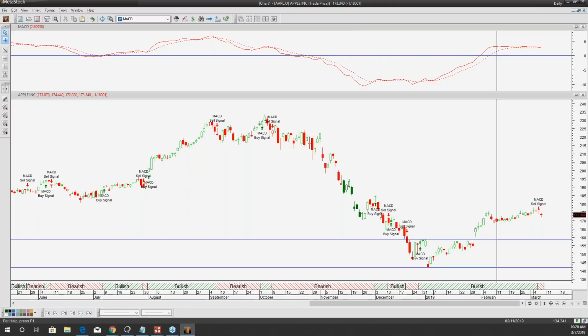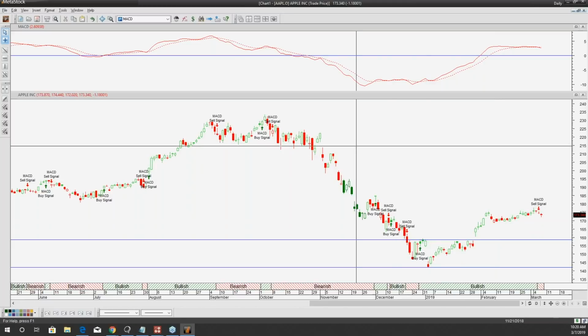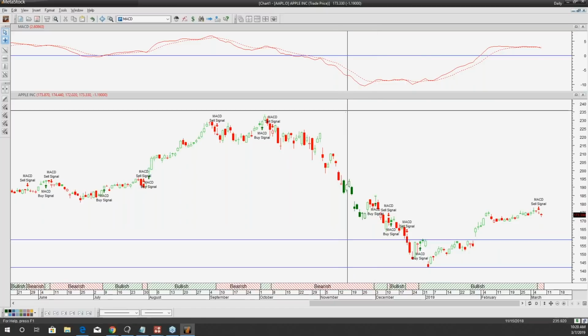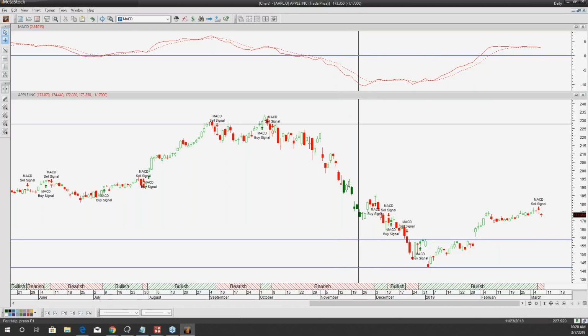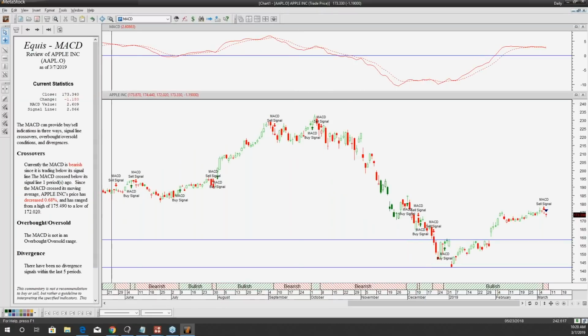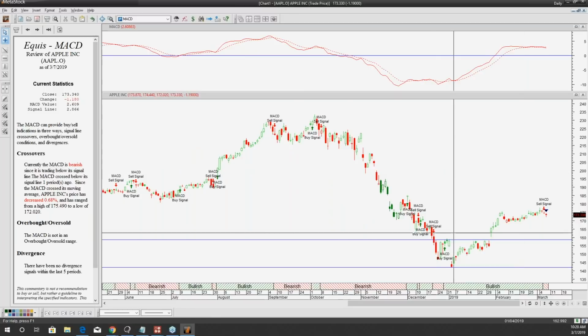And that's not even the greatest part. I think the greatest part is actually the commentary. Maybe you want to know a little bit more than just seeing when to get in and out of the trade. Well, the expert advisor will tell you about the day that you're on. So if we right click in the chart, it's really easy. Go over to expert advisor and click commentary. We'll get a commentary window, and we can click over any day we want to see the commentary on.